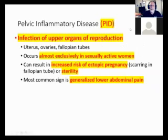Okay, PID is an infectious process involving the upper organs of reproduction. So that would be the uterus, fallopian tubes, and ovaries. Almost exclusively in sexually active women. What the pathophysiology of this would be is an unrecognized, or at least undiagnosed and untreated, sexually transmitted disease, because some of these STDs can be asymptomatic, that causes an infection that proliferates through the upper